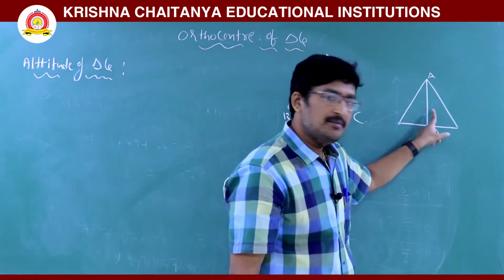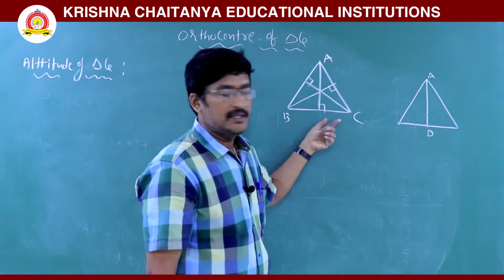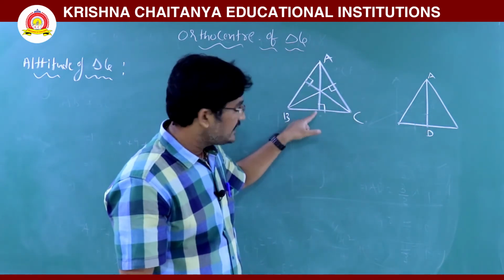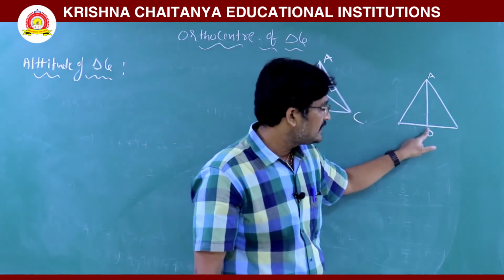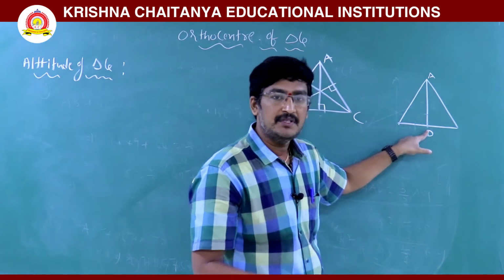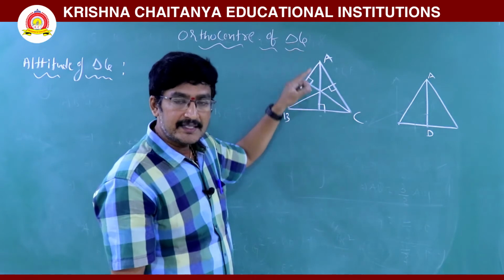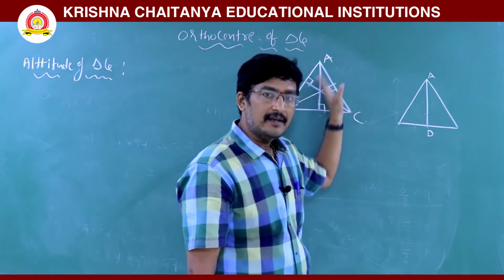Here the angle is not important. Here the midpoint of BC is not important. So here D is the midpoint. Here this line subtends a right angle. A median is a line passing through the vertex and through the midpoint of the opposite side. D is the midpoint here. But an altitude is a line passing through the vertex and subtending a right angle with the opposite side. That is the difference between median and altitude.